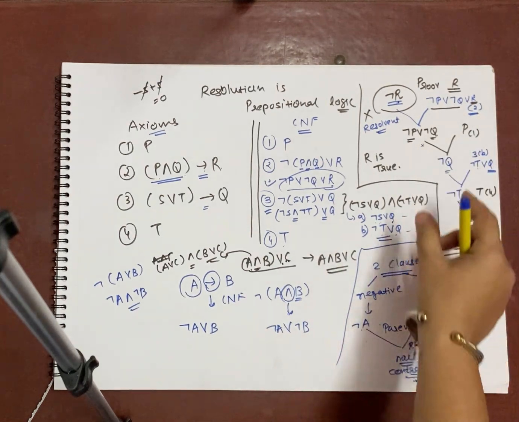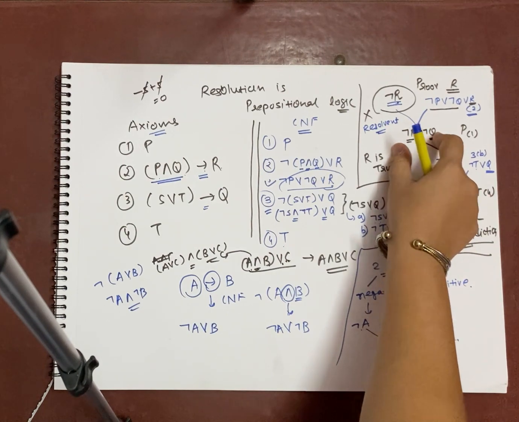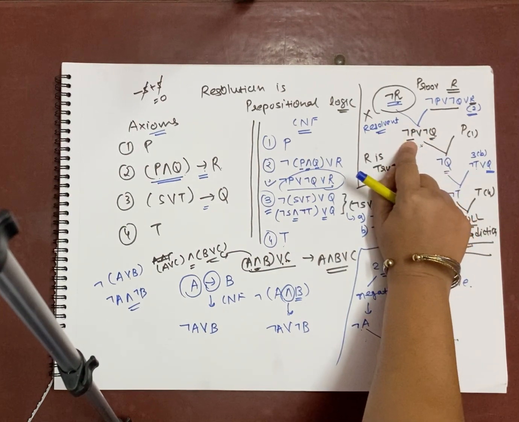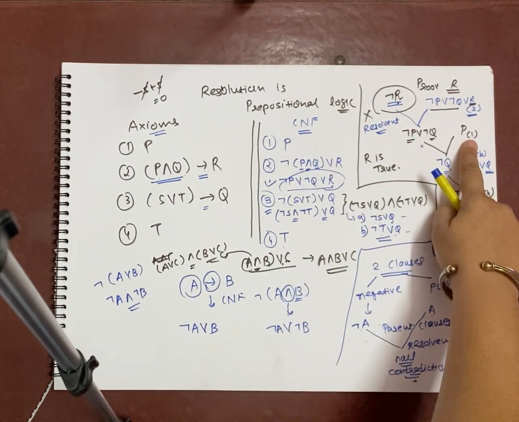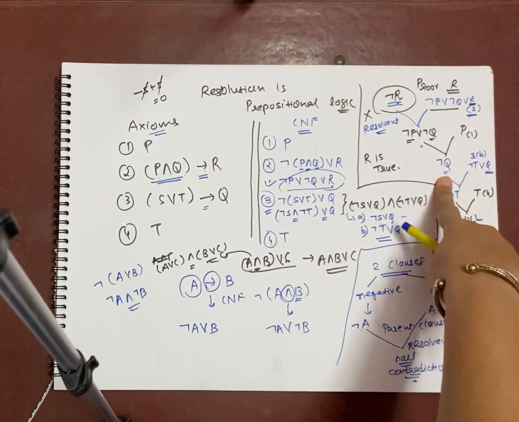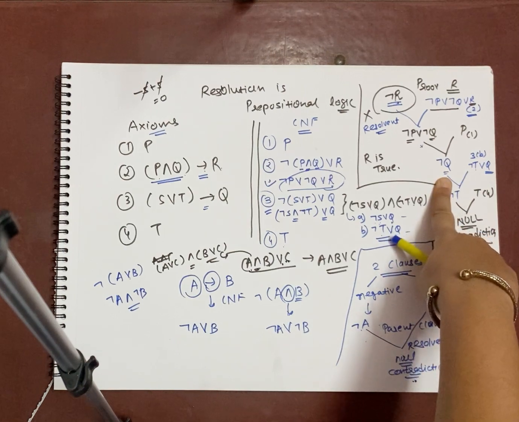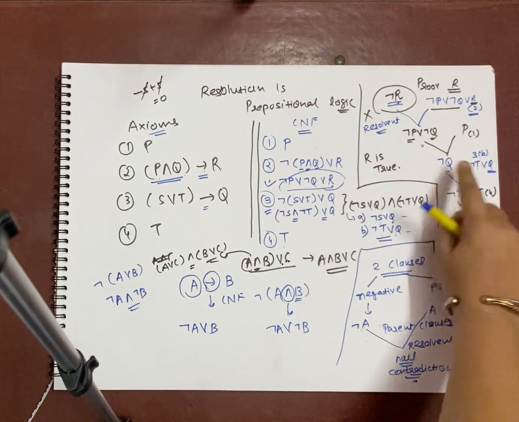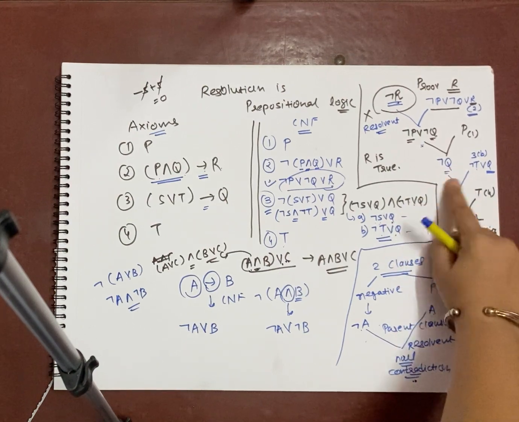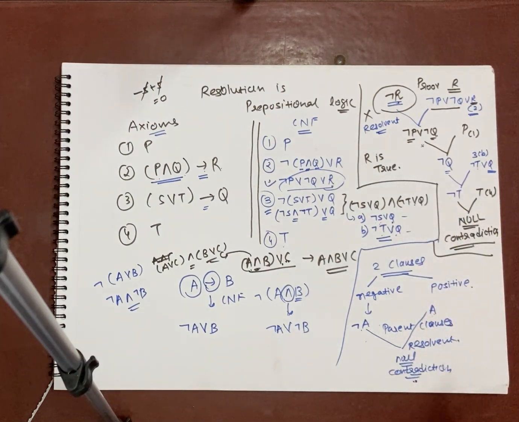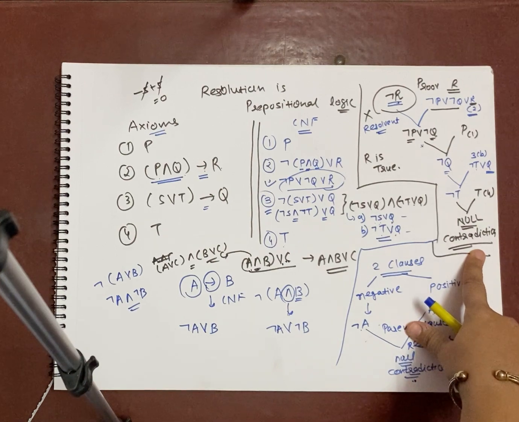Once again, whatever resolvent is generated, whatever atoms it has, you have to search for the reverse of it. So if I pick up not P, I'll have to search for P in one of the clauses. Select that particular clause as a parent clause, apply resolution and generate the resolvent. Once again, search for the clause which has the reverse atom available. So for not Q, I'll be searching for positive Q. And again apply resolution, generate the resolvent and go on until either you reach a contradiction, that is null, or no progress is possible.